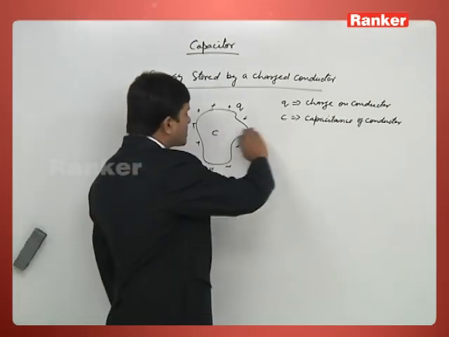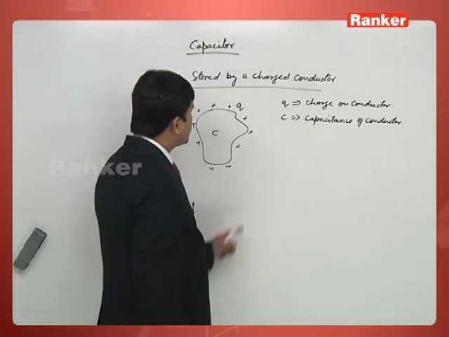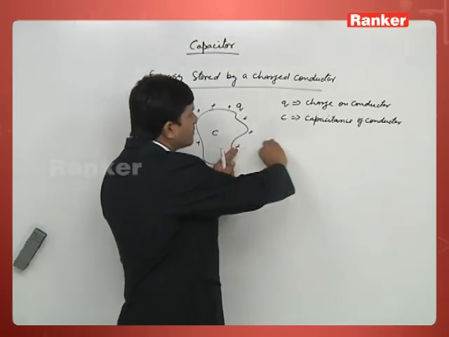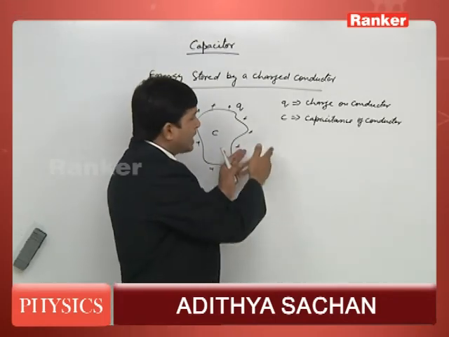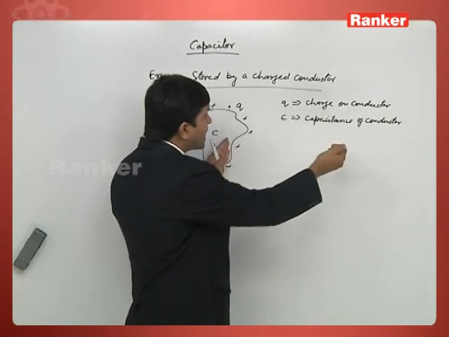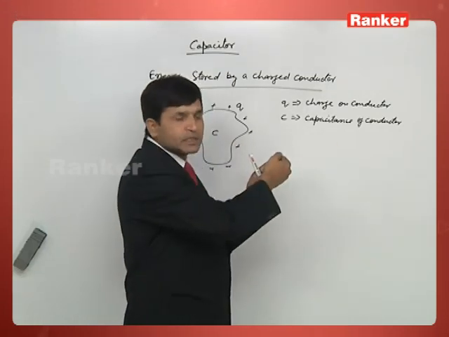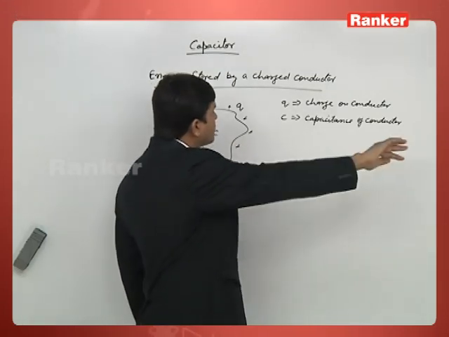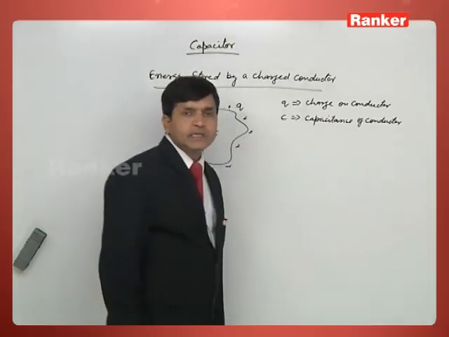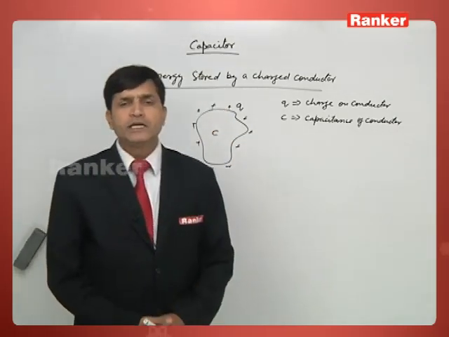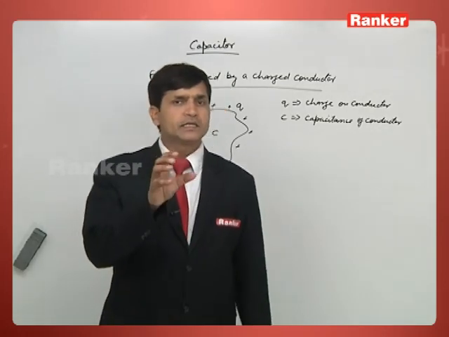When we remove the electrons, this conductor becomes positively charged, and that positively charged conductor attracts electrons. So we have to apply some extra force to pull those electrons from the surface to infinity. Whatever work we are doing in that manner,